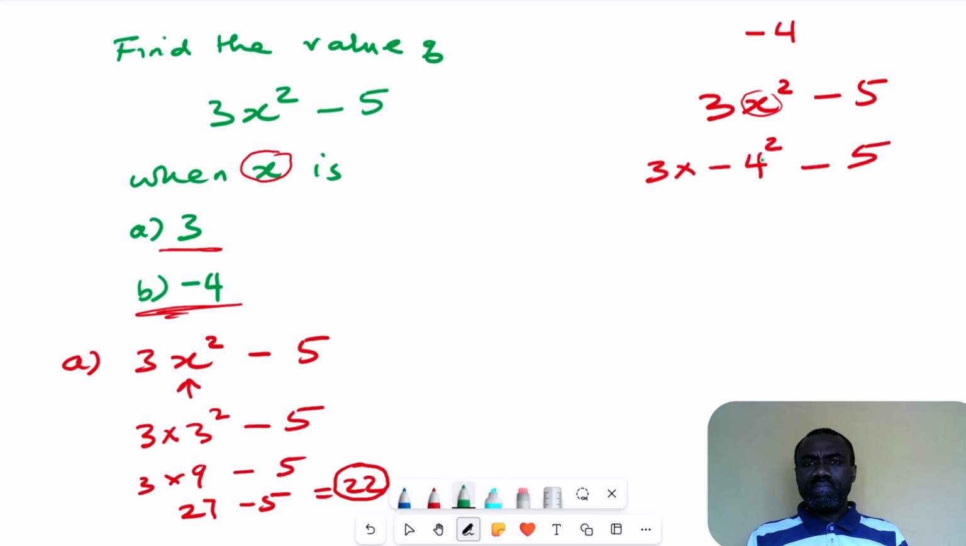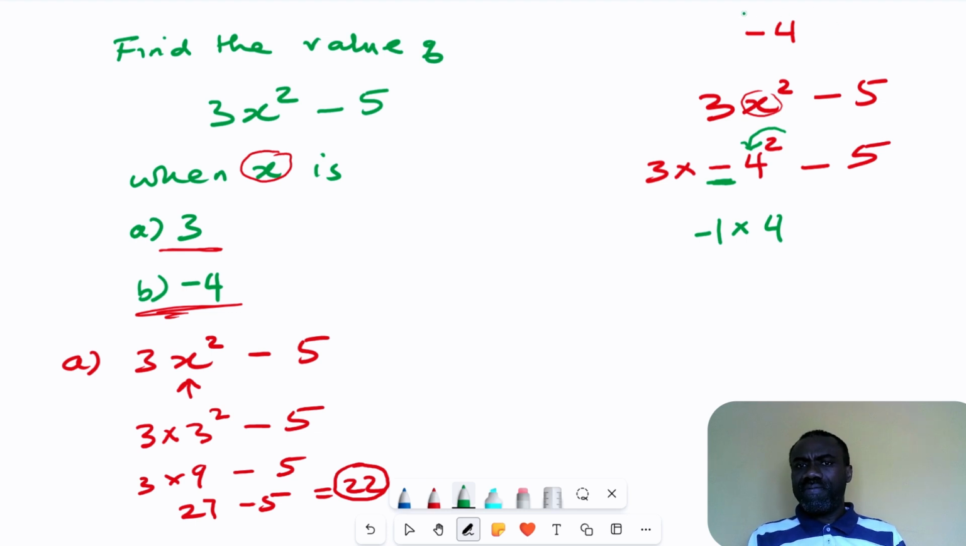Strictly speaking, when you have a power, the power applies to the number independently from this symbol, because we have not introduced a bracket. What we have here is minus 1 times 4. That is what it means. In maths, when a coefficient is 1, we don't write it,